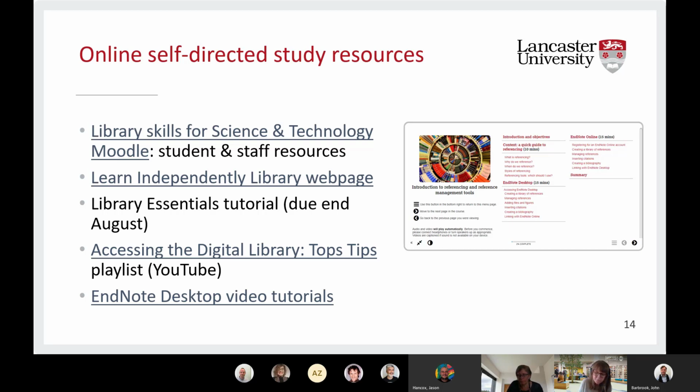Yeah, I mean, they should play with them. I always do a session in person with the postgrads in particular, but if there's stuff that they can have a little taster of and then get started, all the better. But I'll have a look myself and see if it's already there. Already excited about the fact that the theses and dissertations are in the Digital Library Top Tips. So I'll go and have a look there.